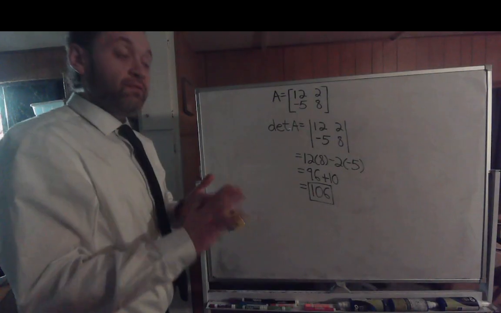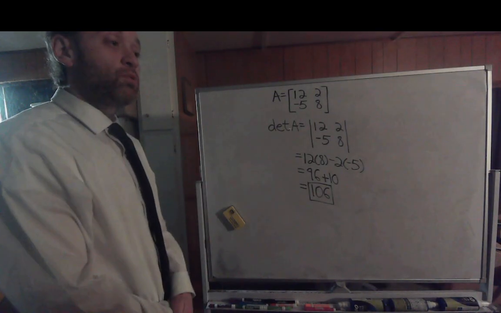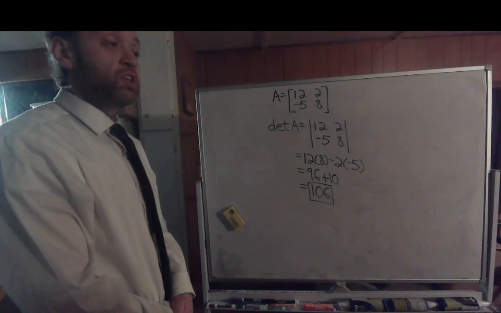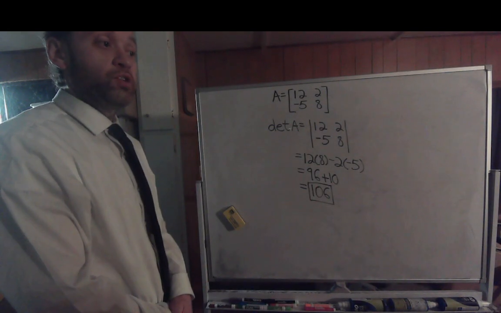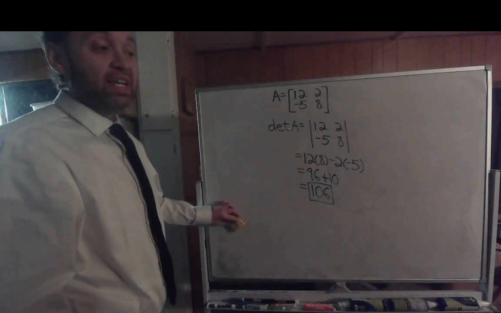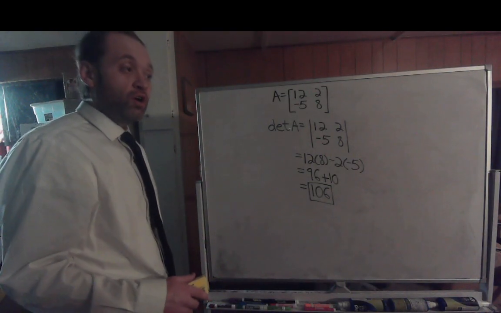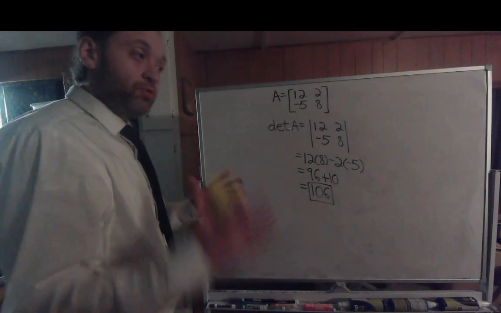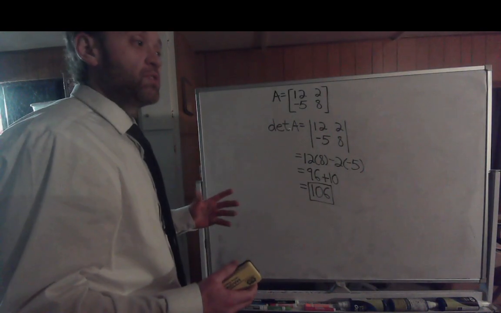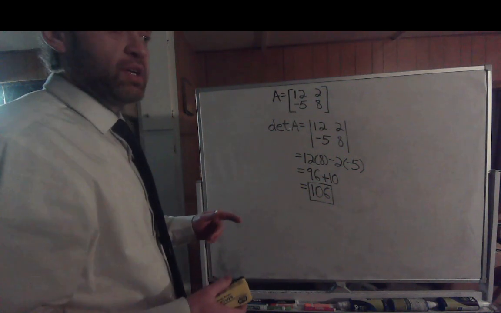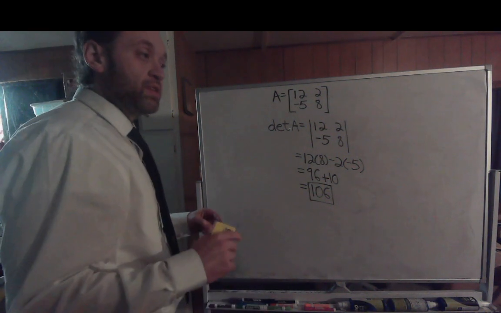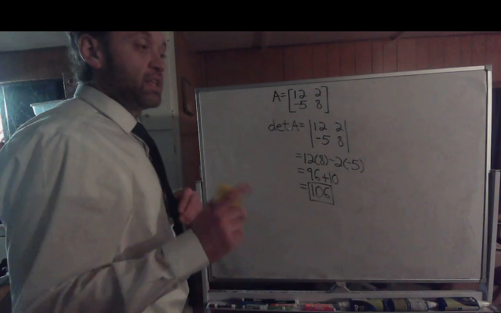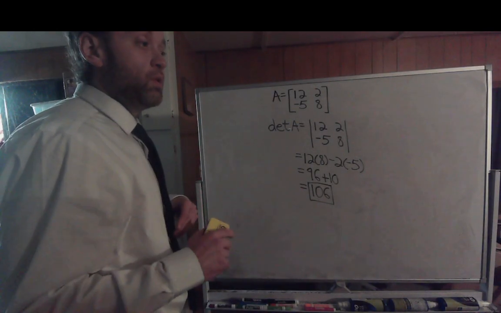So that's it for this lesson. Next lesson we're going to start part 1 of determinants of a 3 by 3 matrix, which is a little more work. It's not hard, it's just a little more work. When you get into 3 by 3 and higher matrices, there's two methods for evaluating the determinant. We'll go into the normal method for the next lesson. The lesson after that, we'll do a method called